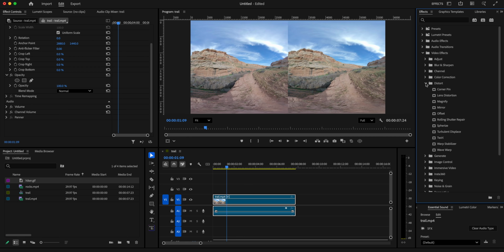Let's go to the next one, distort. So in distort, most of these are not going to work very well because they're going to distort the entire thing and the left and right eye will not match up. But one of the ones that I think could be useful is the mirror. So you can click on the mirror